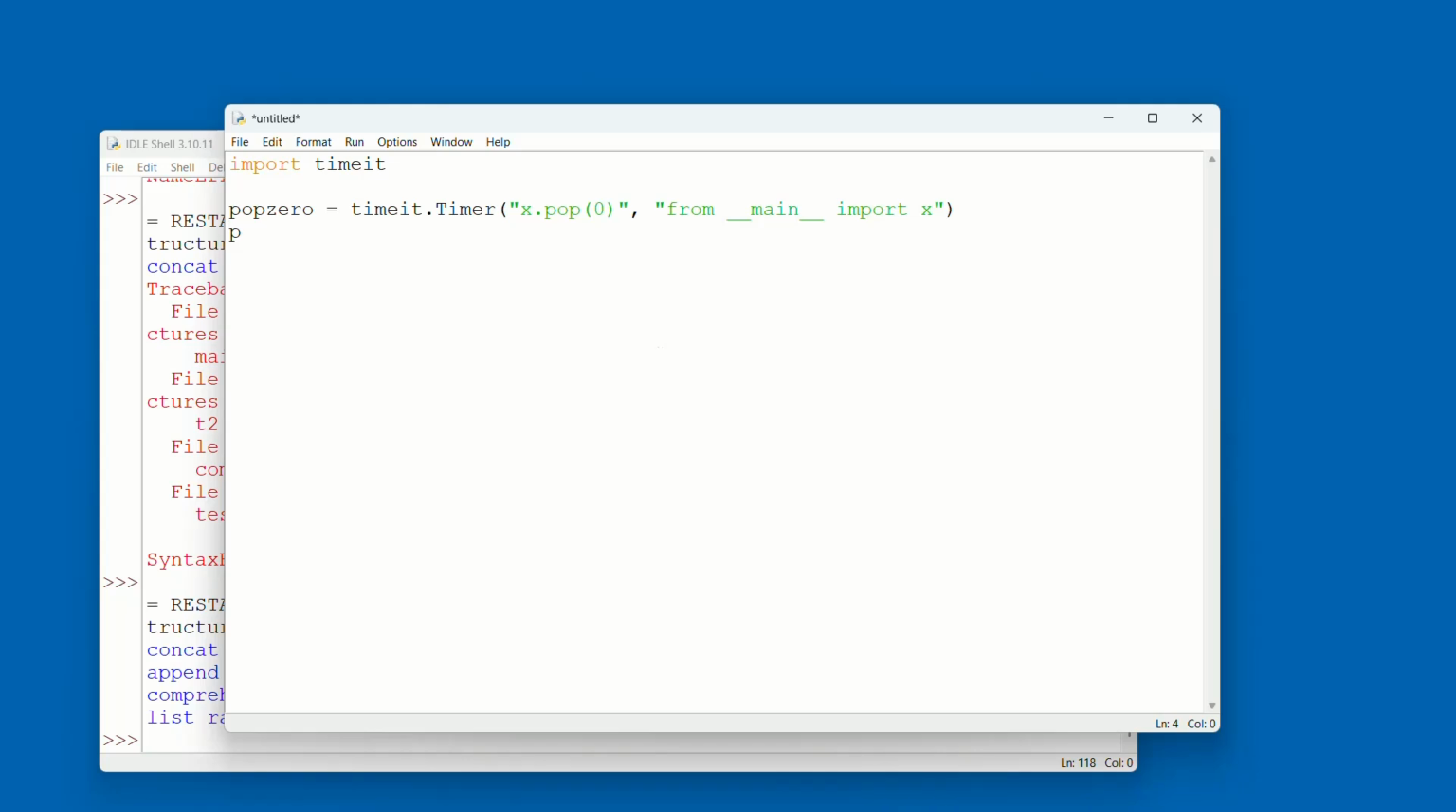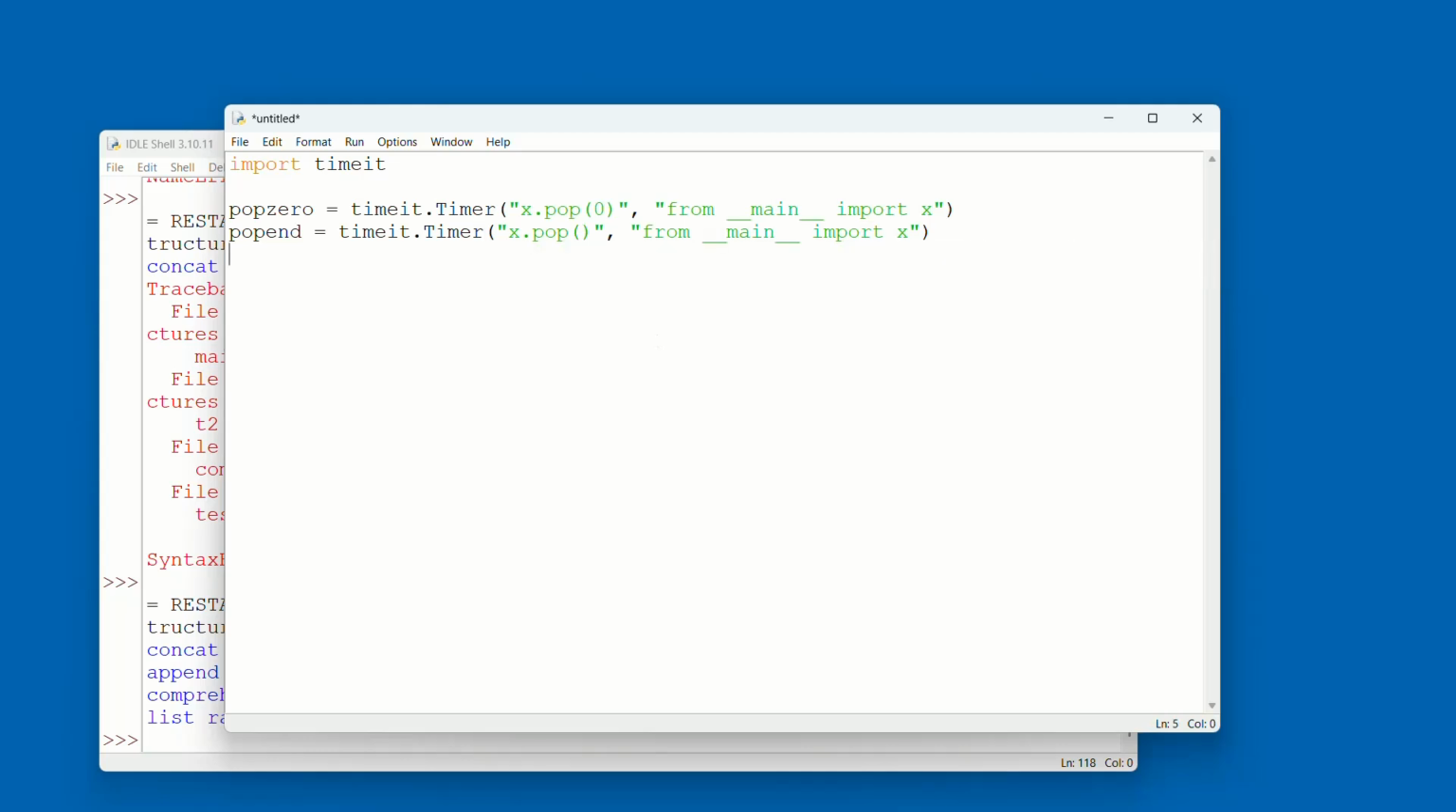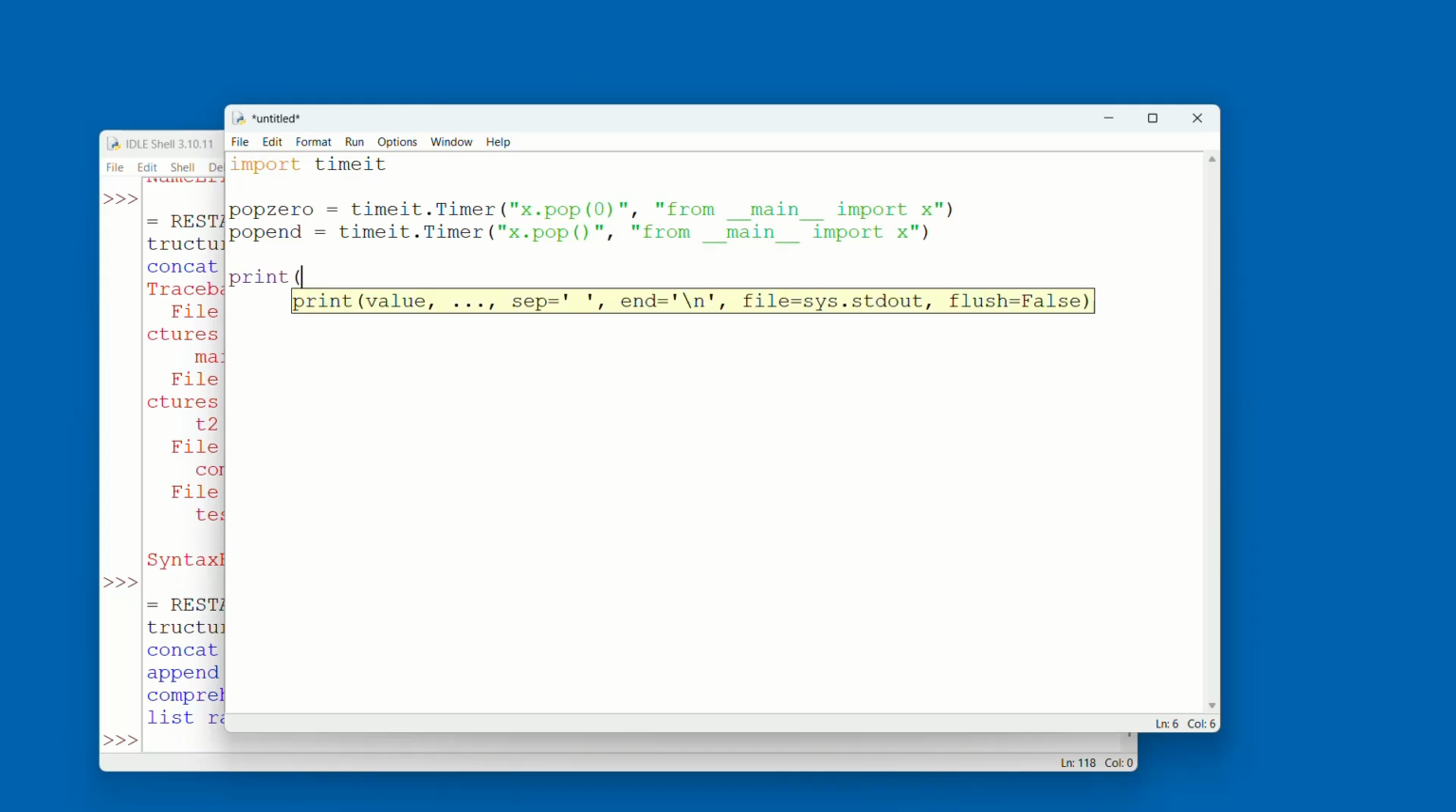So we're going to do a pop end. It's going to be equal to TimeIt dot timer x dot pop with no 0 in it this time because we're doing it from the end. Same information on there. So we're going to print, and I'm going to do it the way I have it here. It's an old way of doing this, but